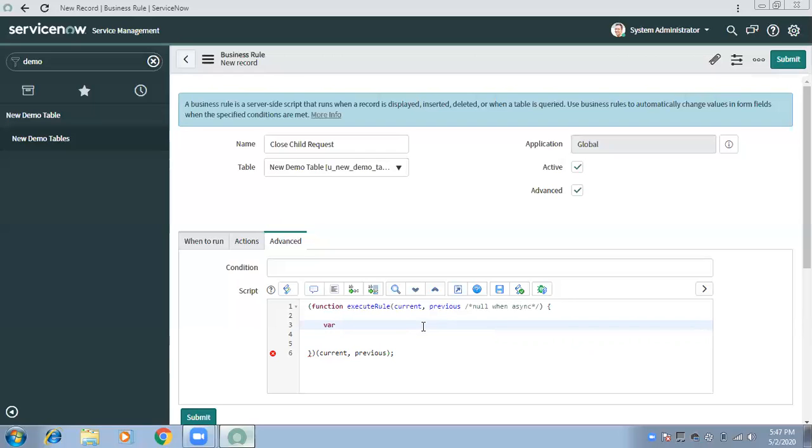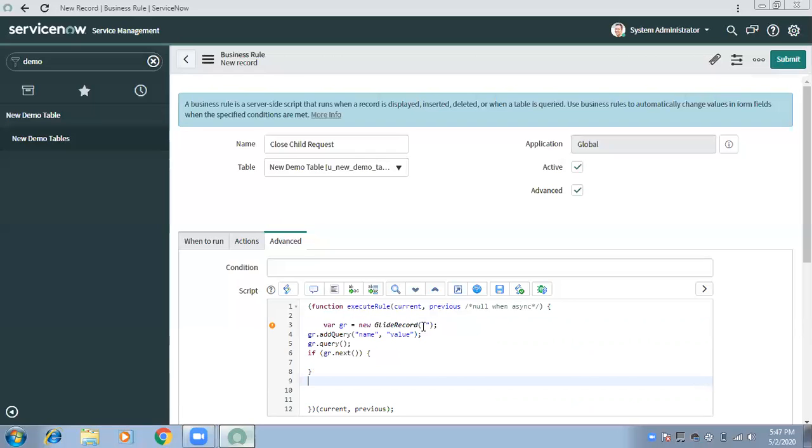I don't know if you know, but if you type where gr and press tab, it will give you the syntax of the GlideRecord class. You can write it line by line as well, but this is a shortcut you can use.